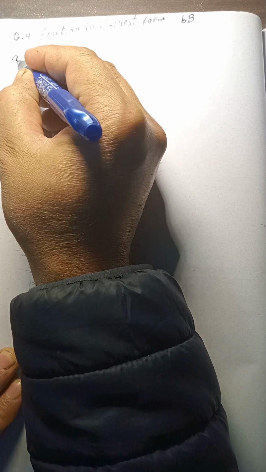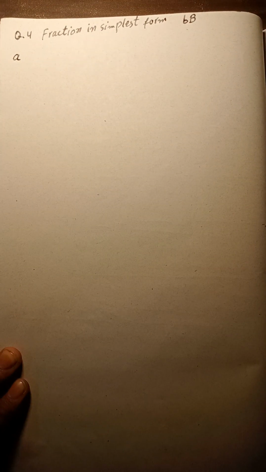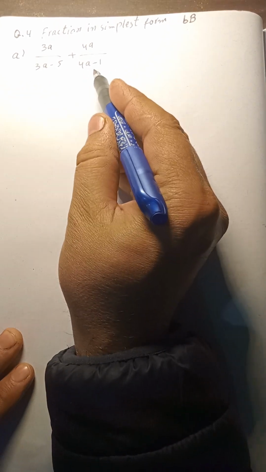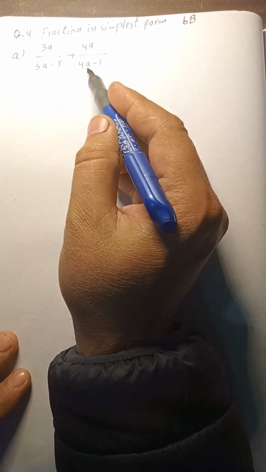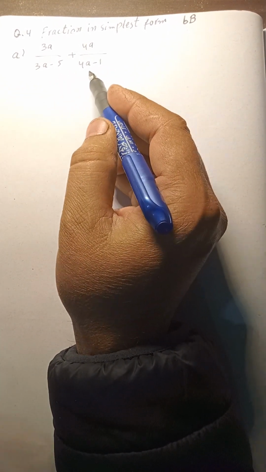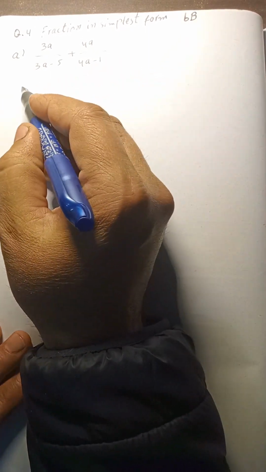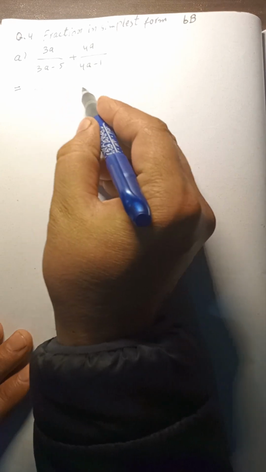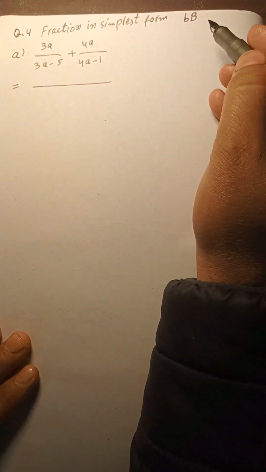Exercise 6b, question number 4, part A. Dear students, see here: 3a minus 5 and 4a minus 1. Both are different denominators and they can't be simplified further. So take the different terms as the LCM,